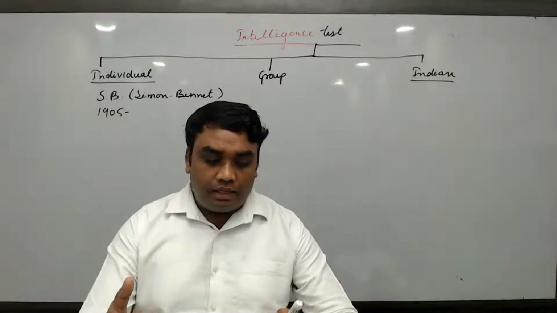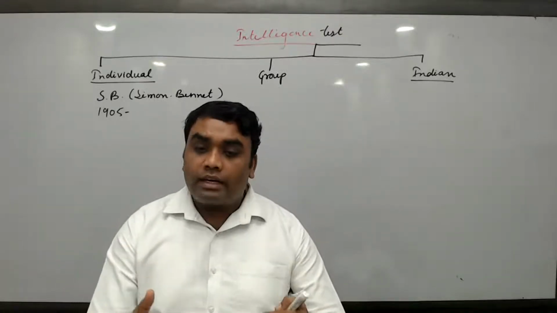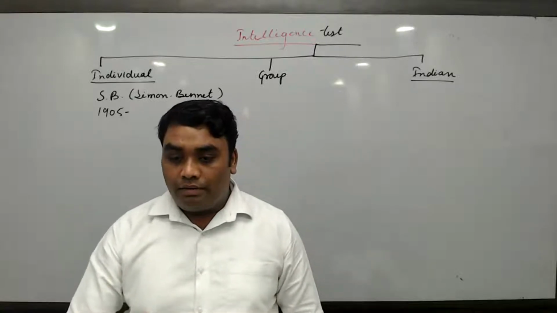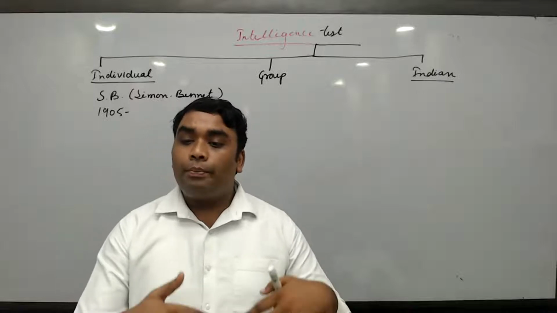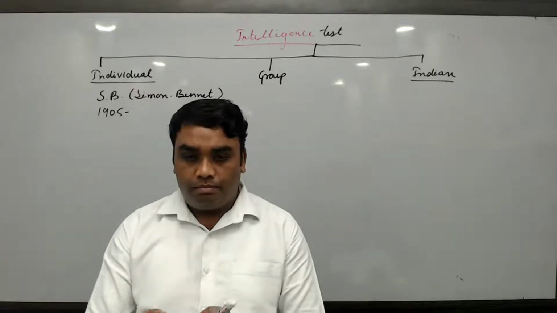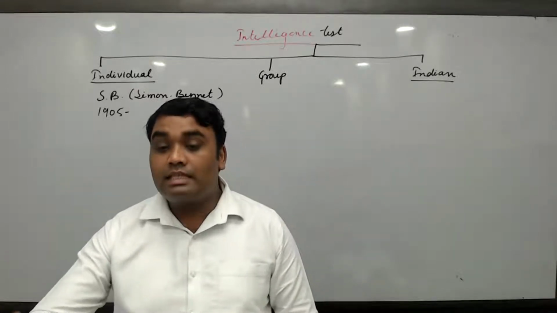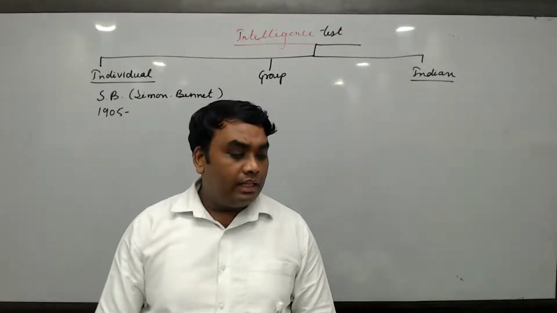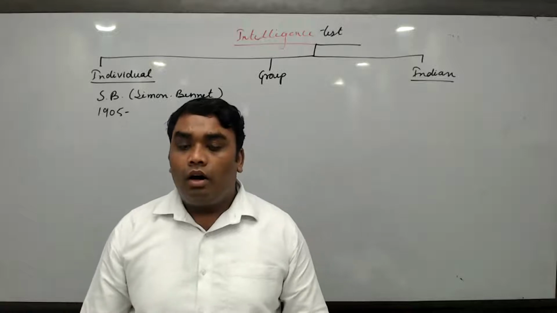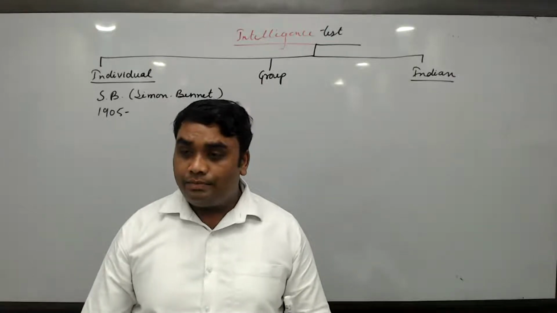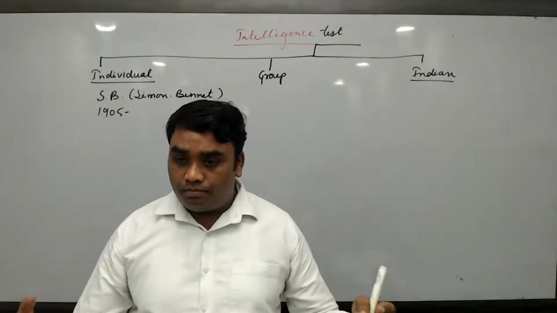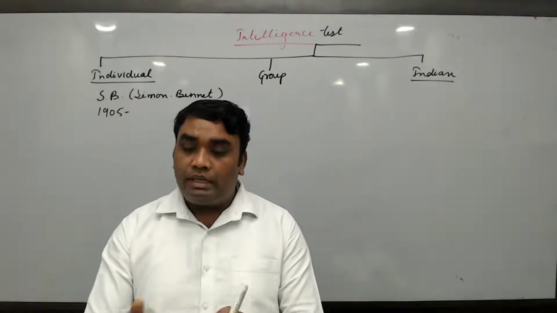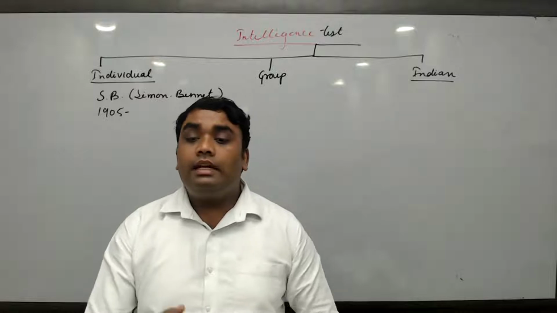So the Western countries, basically European countries, enhanced their human resources by giving good education and by giving skills to them. So the European countries, when they were working for the betterment of their country, at that time